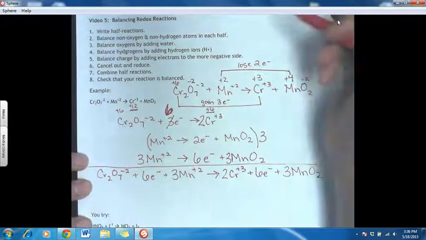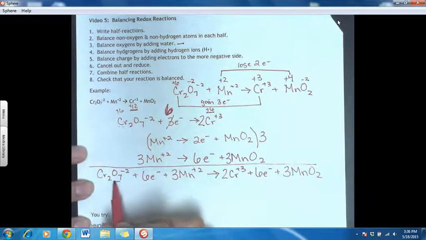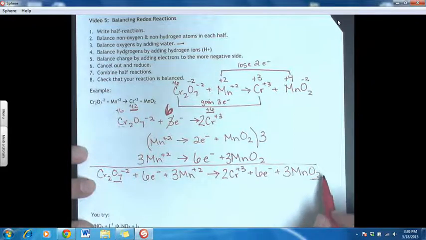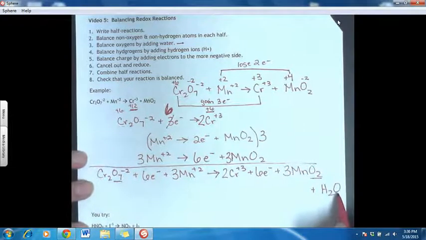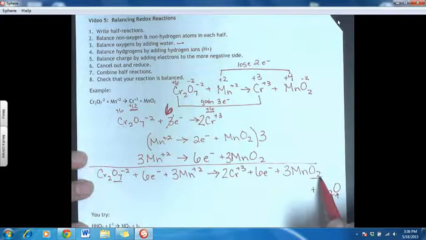Now what we need to do is we need to balance our oxygens by adding water. I have 7 oxygens on my left side, 2 oxygens on my right side. So therefore, I need to add oxygen to the right side of my equation to equal 7. For doing this, I add a water, and I add however many waters I need. Each water supplies 1 oxygen. So 7 here. 3 times 2 is 6 here, so I just need